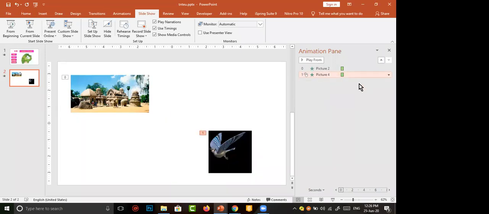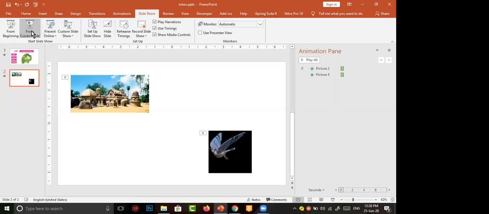I select this picture in the animation pane, then go to the down arrow, then click start with previous. If you play this, I go to from current slide. This time I think you may understand the difference. Again, I played it. Both animations occur at the same time.